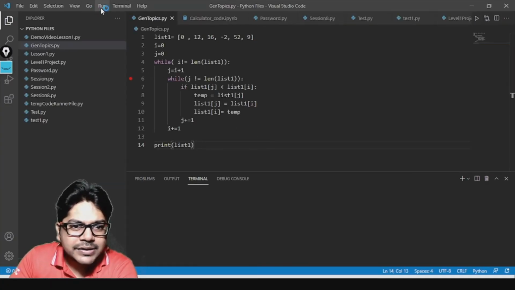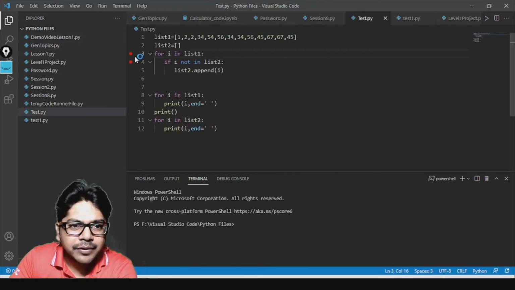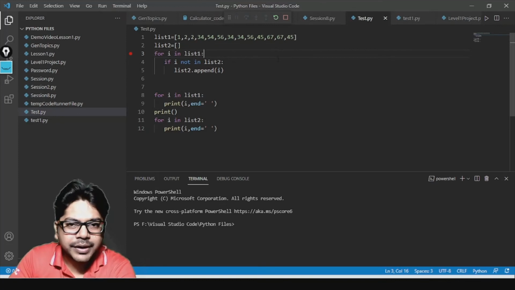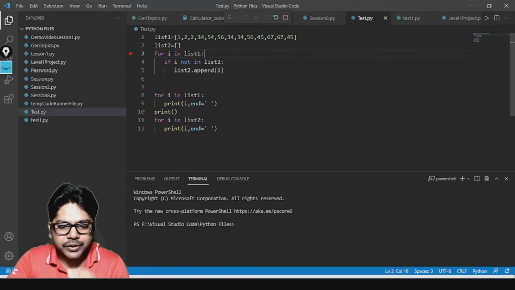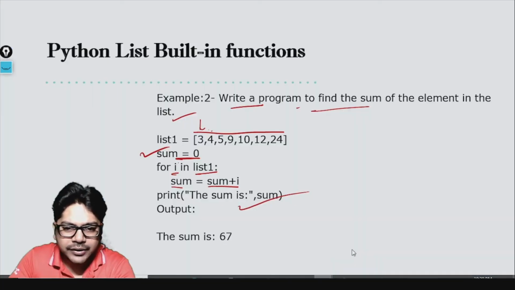Last attempt we will try. If it doesn't debug, then we will just move ahead. Okay, I'll show you some other day. Seems like it is not going to work, so let's not waste time on this. Okay, and let's proceed further.